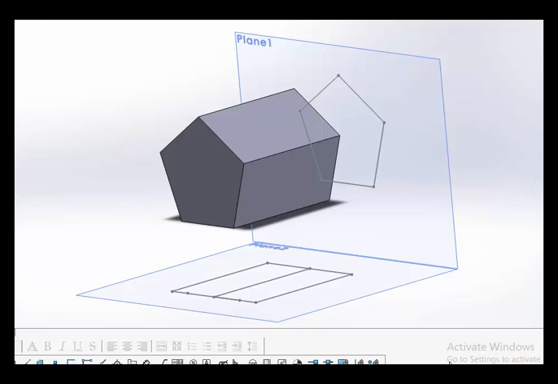Already I told you that in this lecture we will solve the problem when the axis is perpendicular to VP. Now again you assume this as the vertical plane and this as the horizontal plane. So when the solid is placed like this, the axis of this solid is perpendicular to VP.